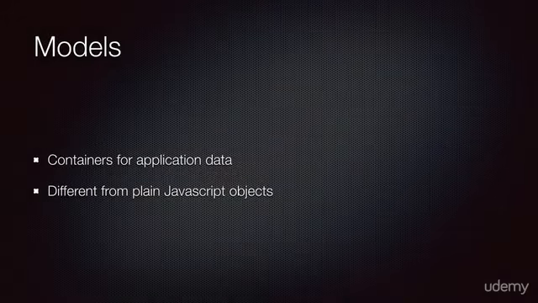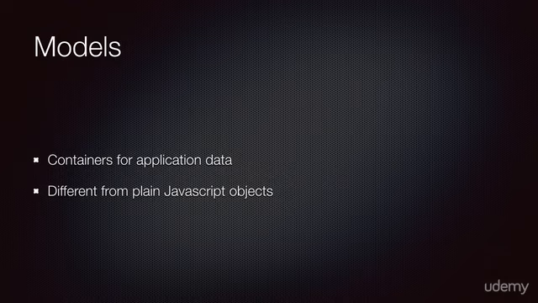In this section, we're going to learn about Backbone models, which are containers for application data. They're different from plain JavaScript objects in the sense that they have some kind of change tracking mechanism and publish events when their state changes. They also have the ability to send AJAX requests to the server to synchronize the data on the client with